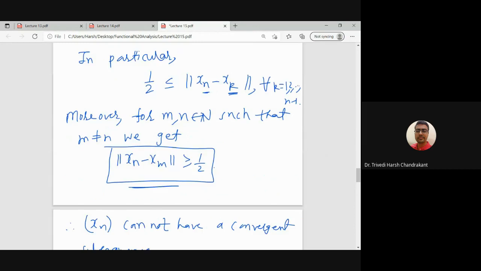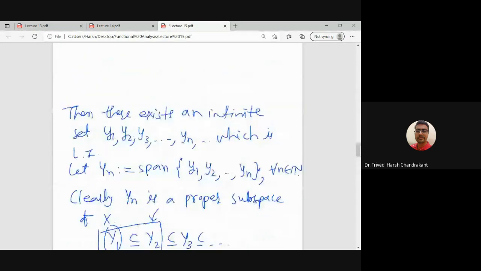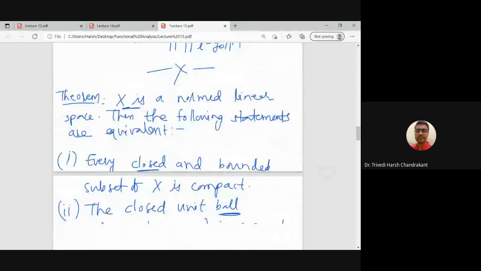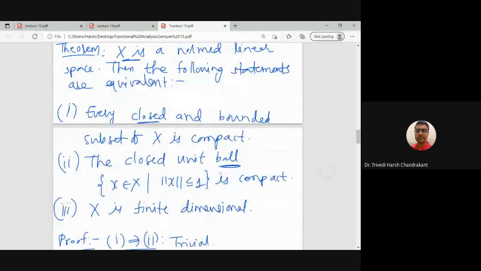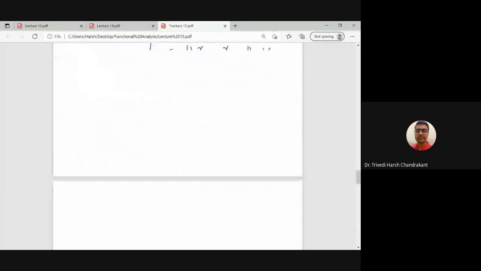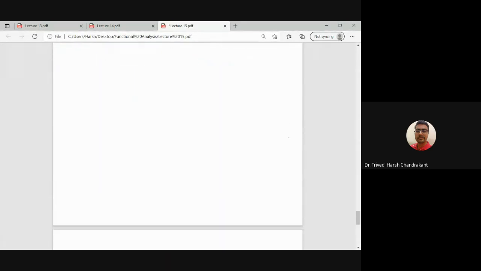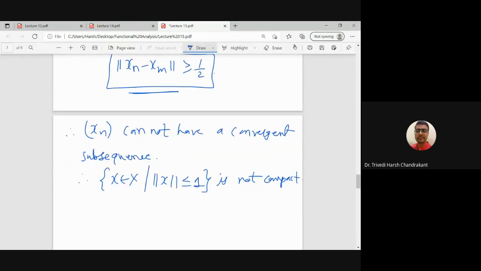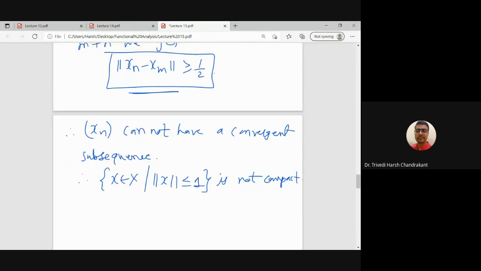So this contradicts the assumption of 2, right? We are proving 2 implies 3. The second condition is that the closed unit ball is compact. But what we got is that the closed unit ball is not compact. So this is a contradiction